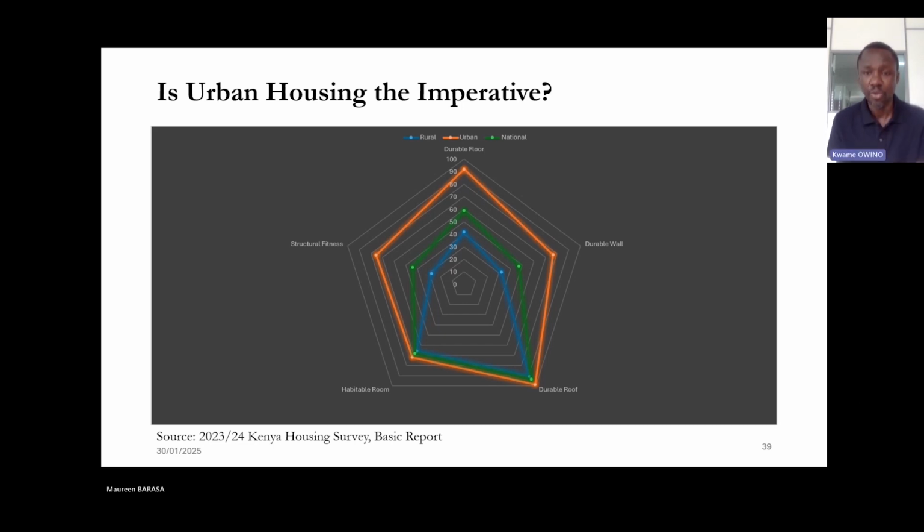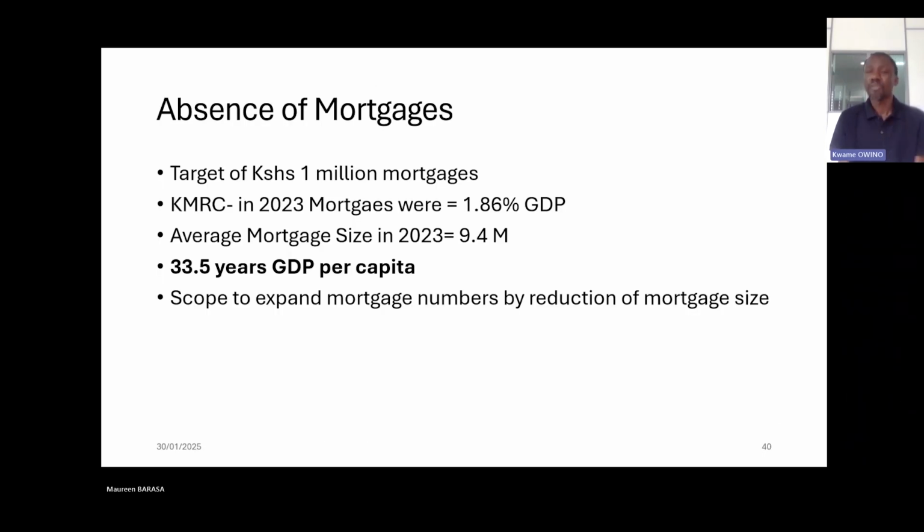The third question was, what happens to the absence of mortgages? One of the most impressive things about the analysis that informed Kenya's housing policy is that mortgages are a problem, or rather, mortgages are too few. And a report developed by the Kenya Mortgage Refinancing Corporation says that in 2023 there were only 30,100 mortgages in Kenya,